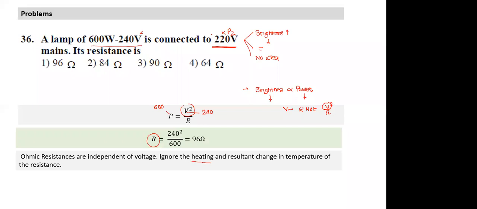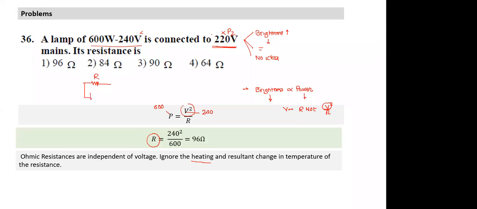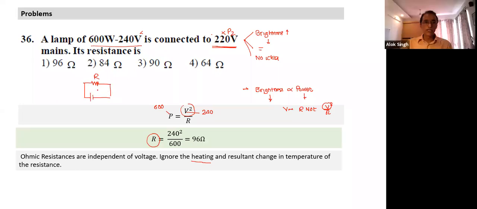But still the power consumption is less. But I think you have to bang your head on the table. Okay, let's see. What is not changing? Okay, what has happened? If I have to visualize this figure, it is something like this. First case, it is R here. And I can imagine this voltage was the initial case, 240.